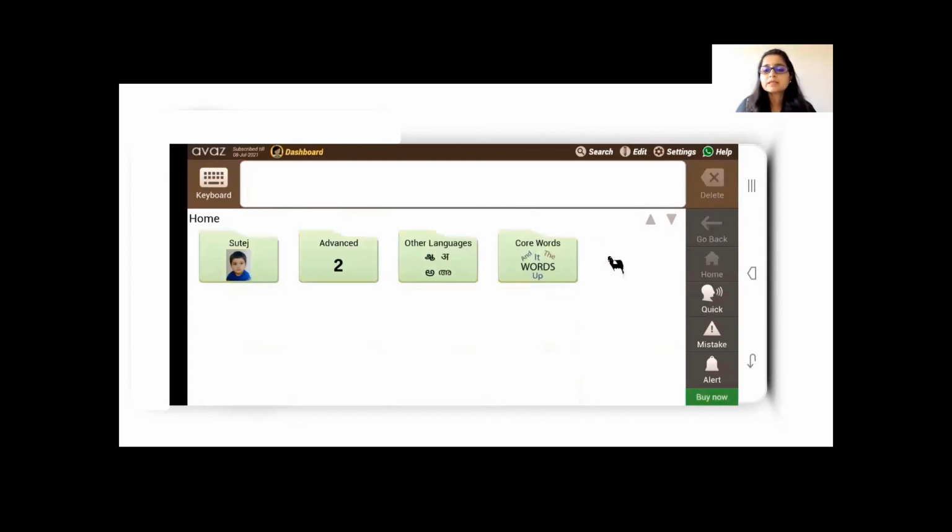The wizard is also useful when you're not able to access a speech language therapist, and the parent has to learn it and do it all by themselves. So this is a kind of guidance for them. Okay, so we come to the end of settings.